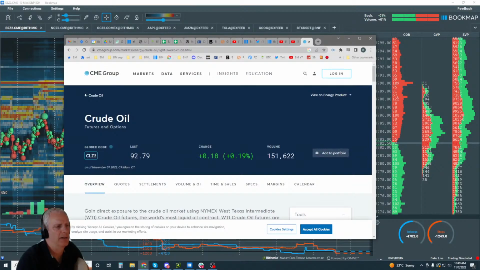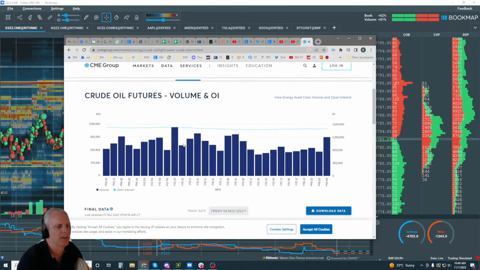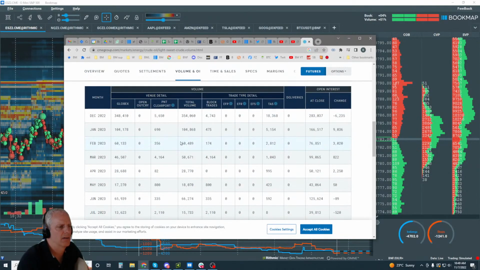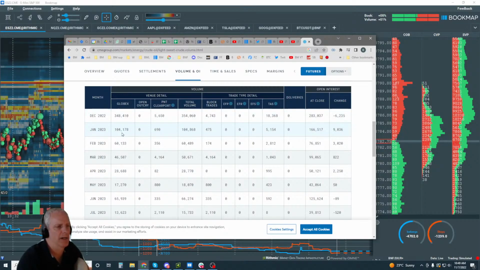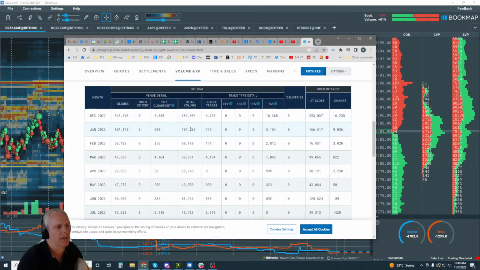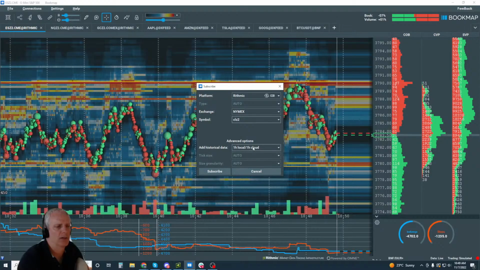Just click on it, don't go by this. This is kind of new, they didn't do that before. Click on this and verify it, volume and open interest. Then look at it yourself. So by far, December contract. A third of that is the January contract here. Total volume. So anyway, that's one way to look this up.